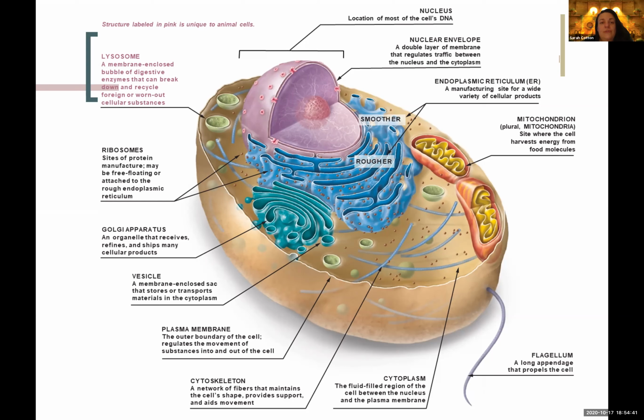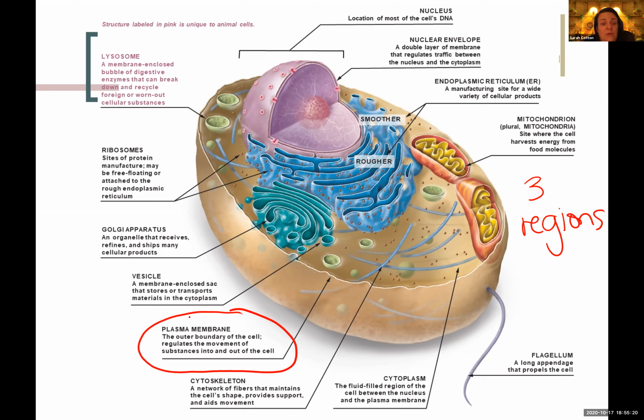Okay, so the way we are going to talk about cells, we're going to break it up into parts. Let's start by talking about the 3 regions of a cell. I'm showing you this on an animal cell, but it's the same on plant cells or really any eukaryotic cell. The 3 main regions of a cell include